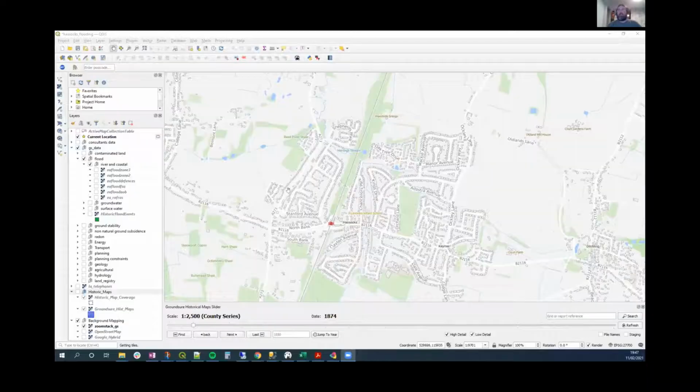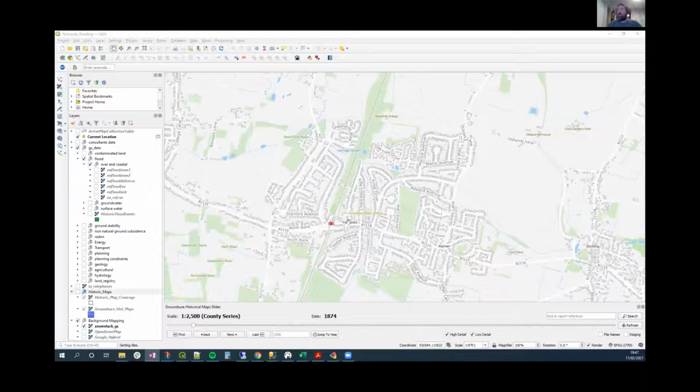So I'm going to share my screen now, and hopefully you'll be able to see a map of Hassocks. All right, if you could just give me a nod if you can see. Excellent. So hopefully you can see the map,